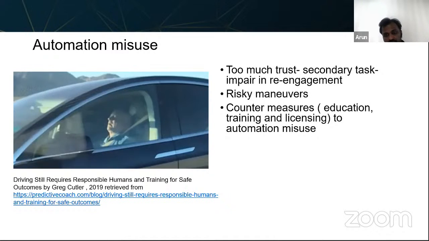And of course, the countermeasure for all these things is probably we need to have a different way to provide training to the drivers, especially for the automated vehicles. So that's where the OEMs are also trying to address, especially the younger generation of the population, who will be more exposed to the automated vehicles, probably trying to rethink the way we provide licensing to these people.